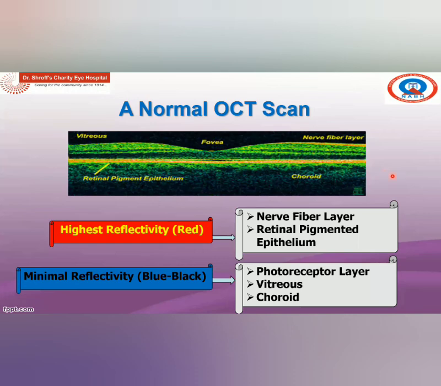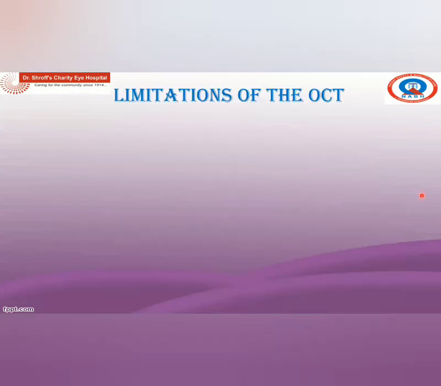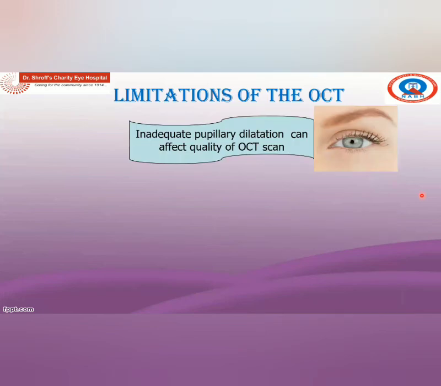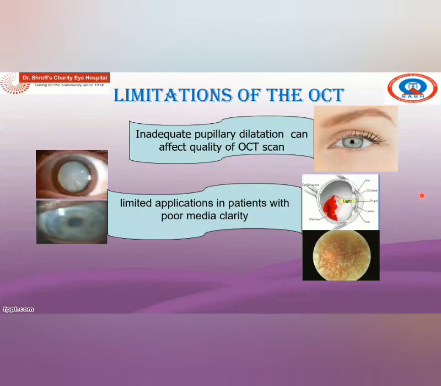Now we are going to the limitations. What are the limitations of OCT in which we need to compromise with the OCT scan? Procedure, we need a pupillary dilation. A patient having a less dilated pupil will have a poor scan. Similarly, we need media clarity for a high definition, high quality scan. If a patient has cataract, corneal edema, or any vitreous hemorrhage